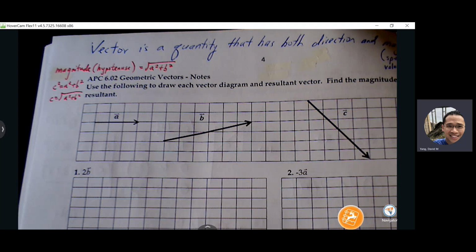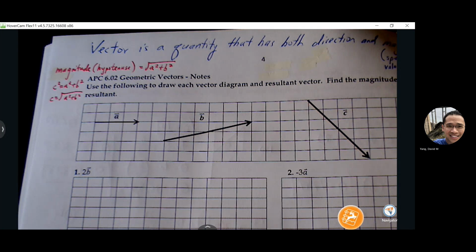So think of the hypotenuse as the magnitude, as the size and the value and the length of your segment. To solve for the hypotenuse, we know c squared equals a squared plus b squared, and so if I want to solve for c, it's just the square root of a squared plus b squared. So we'll use that as we